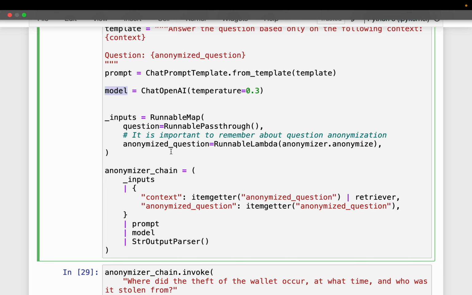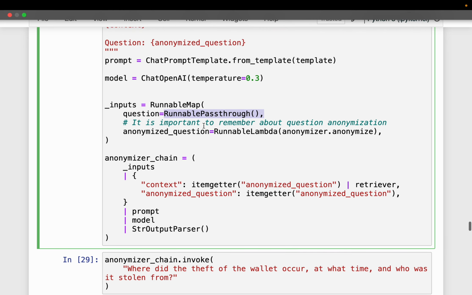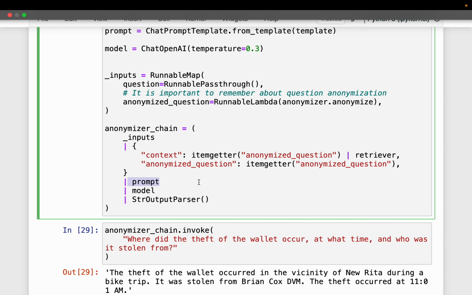And then we are going to create this chain with a bunch of steps, right? This code looks a little odd, but all we are doing is, as you can see from here, taking the input. From the input, we are getting this question, and then we have the prompt. We are applying the LLM model, and the returned output, we are processing it, right?